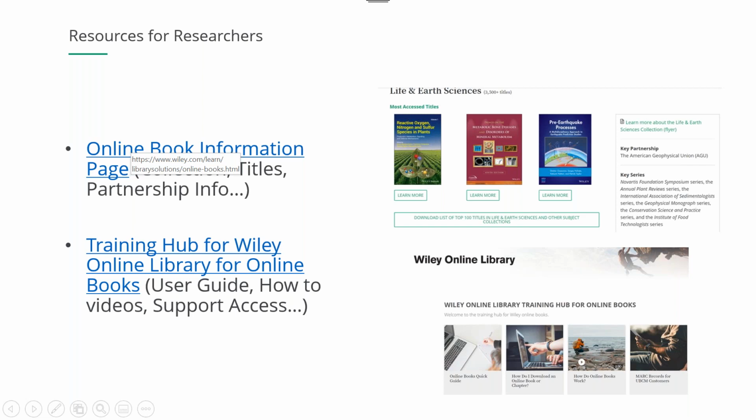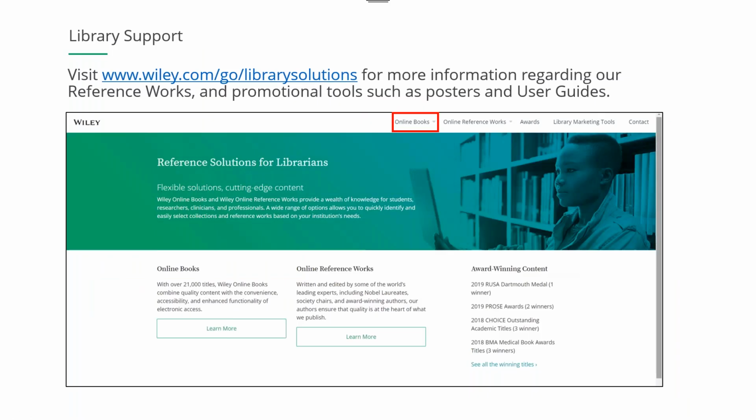There's a user guide there, as well as some quick videos that go through the different features and best practices for searches. One additional page, mostly for our library admins, is another way to go through and get some more information regarding